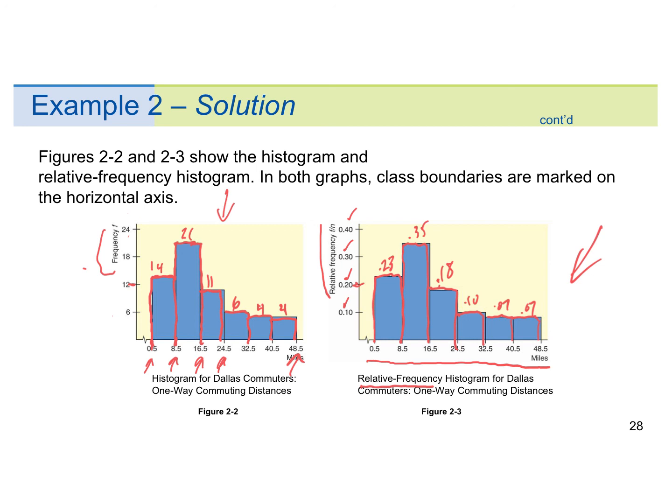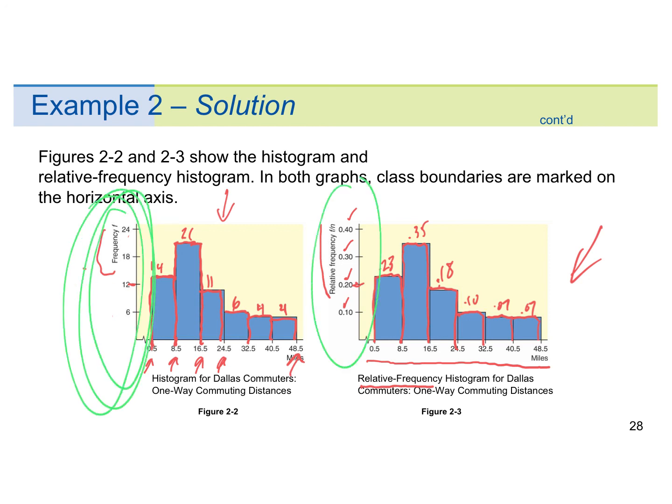And if you look at it very carefully, they should look exactly the same. The only thing different, and I'll do this in green, is the y-axis. These are your frequencies, and these are your percentages or relative frequencies. It's the same. Remember all of these x-axis data pieces right here? Notice